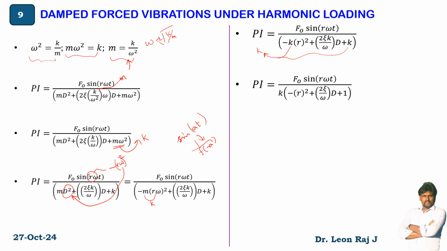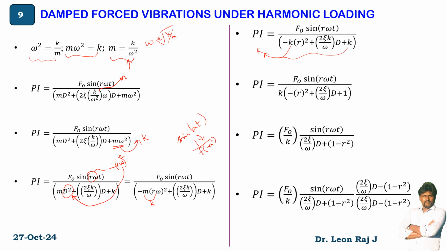So f0 sine r omega t by k into minus r square plus 2 xi divided by omega d plus 1. So it is further written as f0 by k sine r omega t divided by 2 psi divided by omega into d plus 1 minus r square. So further, if your denominator is